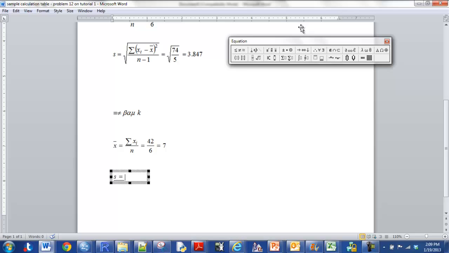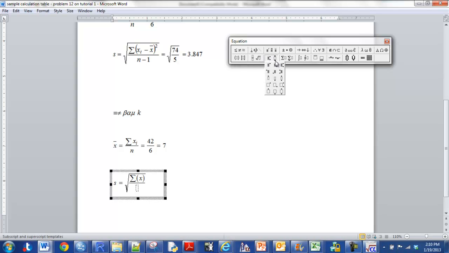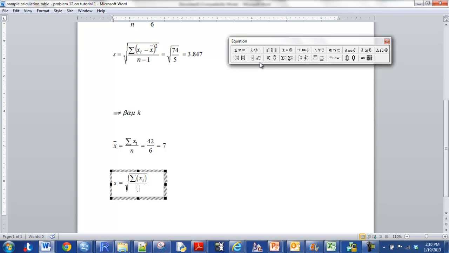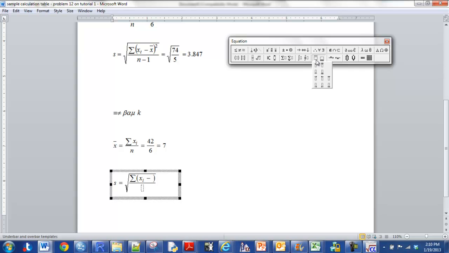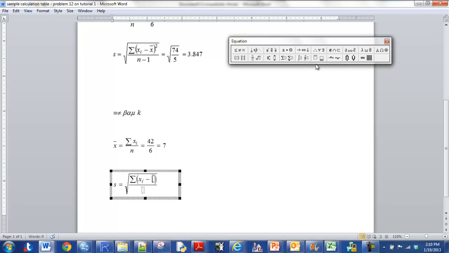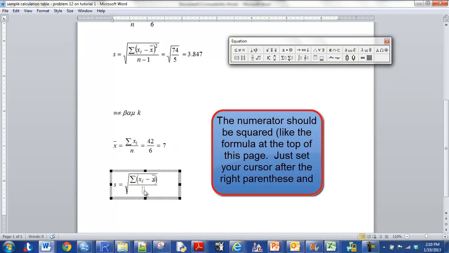equal, square root, something over something, and on the top the sum. I'm going to put a parenthesis in here, X sub I, arrow, okay, I want to get right here, space, minus, go over here for the X bar, and then on the bottom, N minus 1, arrow over, control space,